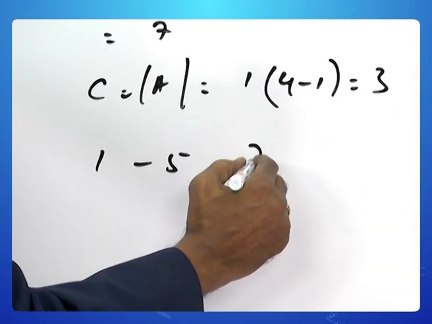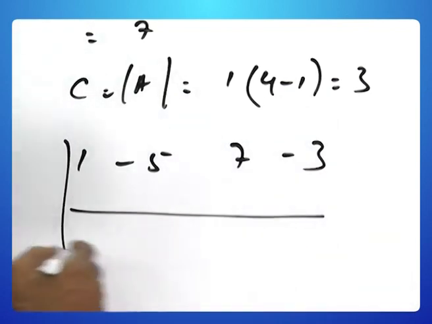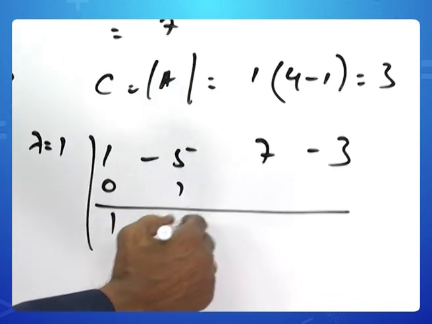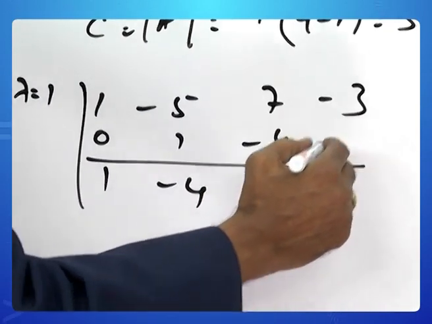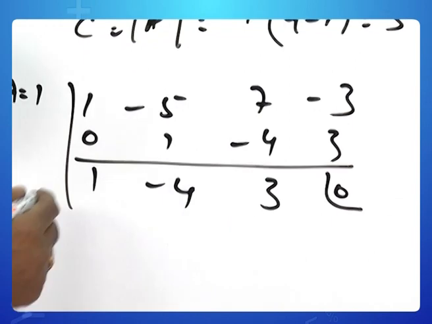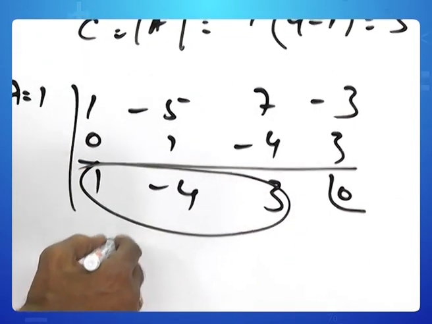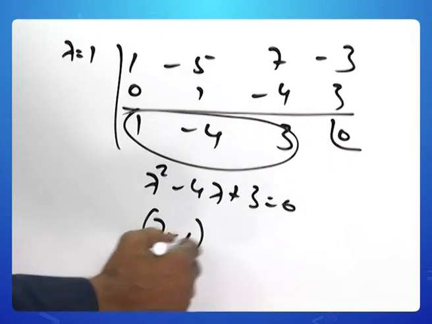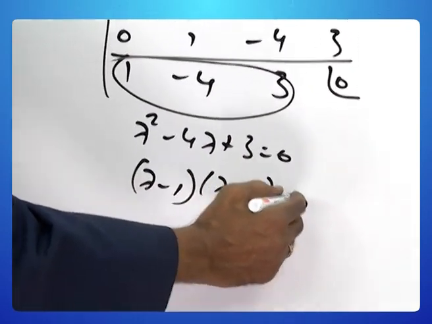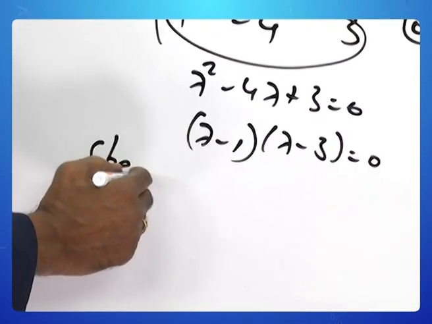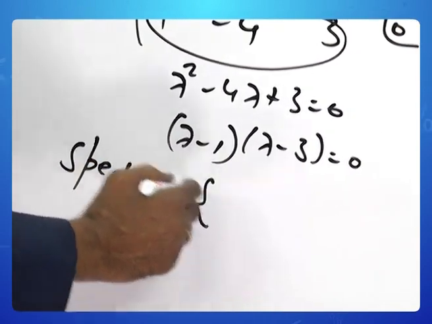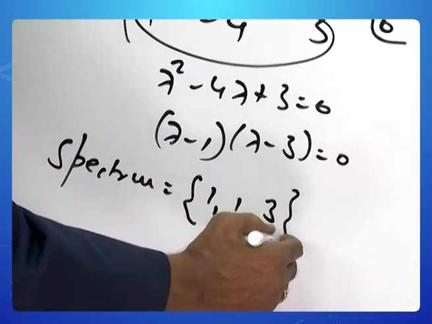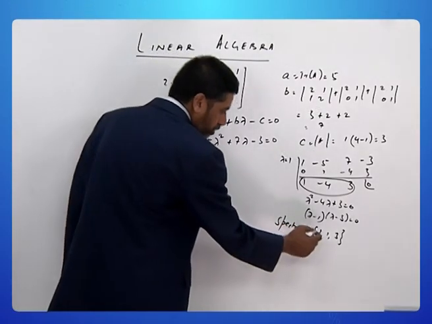Therefore, lambda equal to 1 will be a confirmed eigenvalue, and from this quadratic equation, lambda square minus 4 lambda plus 3 is equal to 0, we use (lambda minus 1) into (lambda minus 3) is equal to 0. So the spectrum is the collection of all eigenvalues: 1, 1, 3, and the smallest eigenvalue is 1, which is